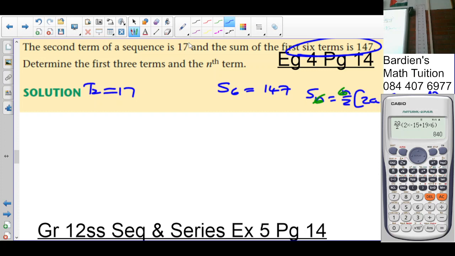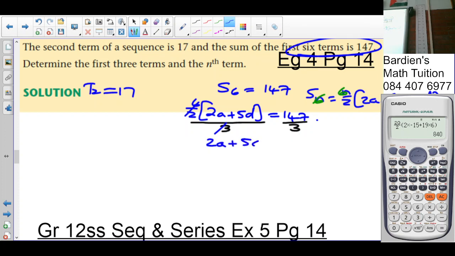Look. Alright, so what do we have? 6 over 2 into 2a plus 6 minus 1. What's 6 minus 1? 5 here, right? It's equal to 147. What's 6 over 2? 3. So I'm going to divide both sides by 3. That cancels. So it's 2a plus 5d equals